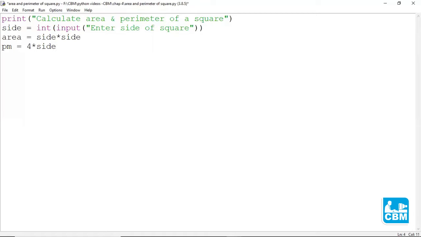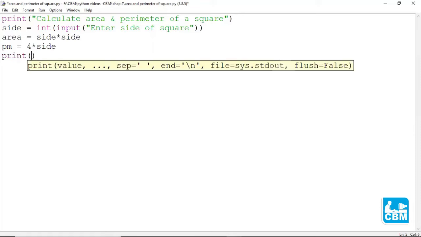Now we need to print the area and perimeter. So let's write the print statement. Print, area of square is, comma, the area of the square is stored in the variable area. So we'll write here area.